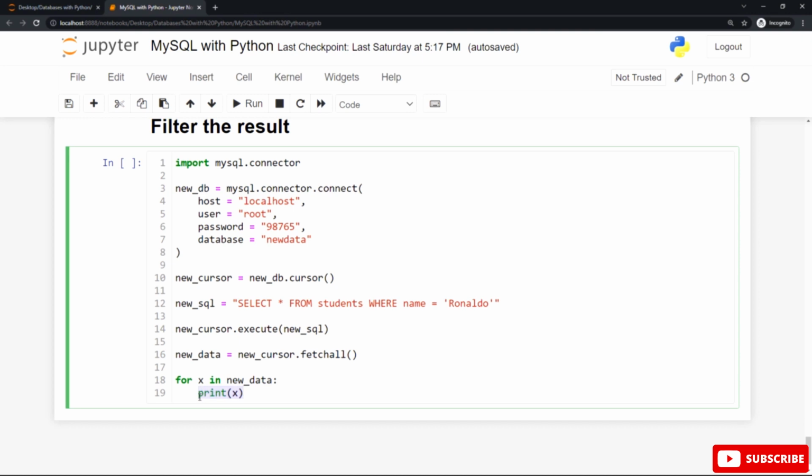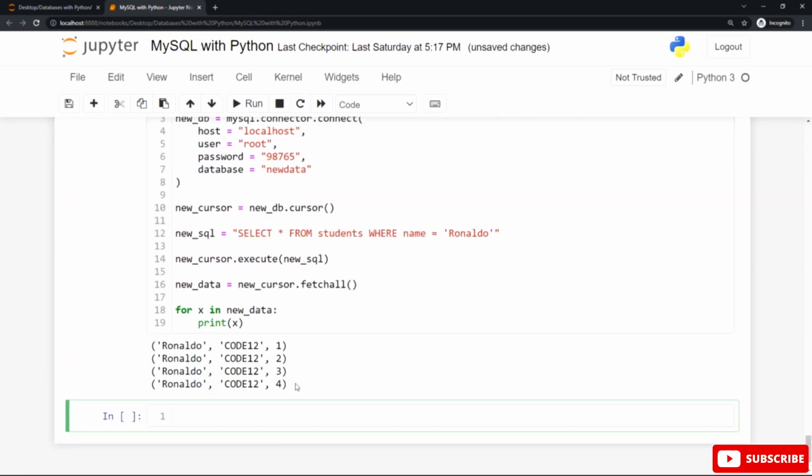And the print function inside the indented body of the for loop to print x on the screen. You can name the variable x any name you wish. You can call it i, n, item, data, or any valid name you wish in Python programming language. Follow the rules for naming variables to give this variable a name. Now you need to hit Shift Enter or Shift Return, or you can use the Run button to show the output on the screen.